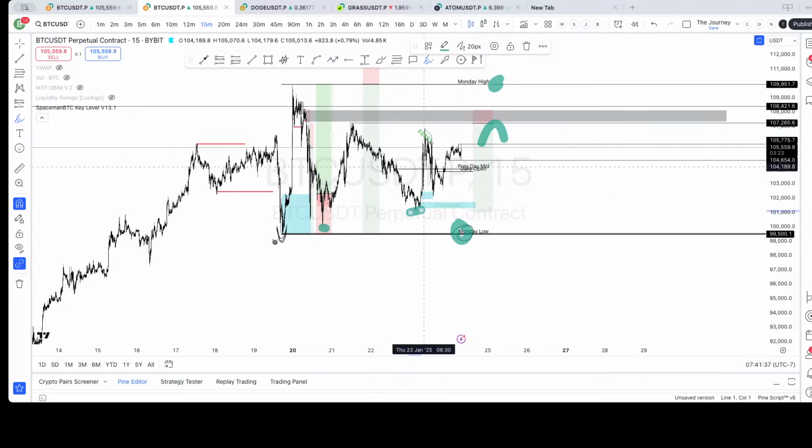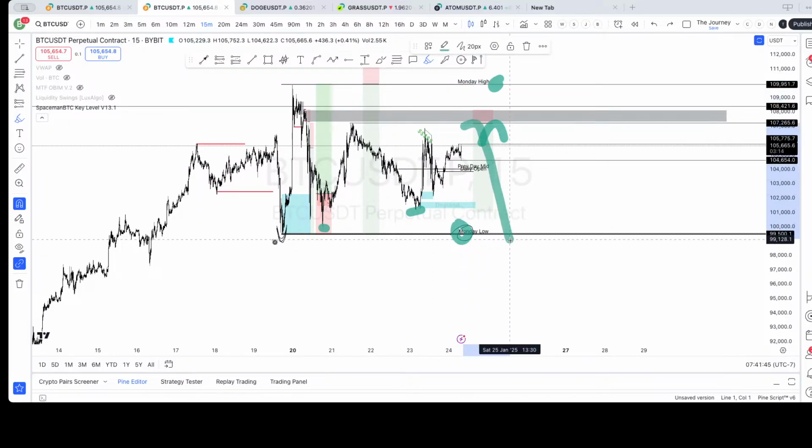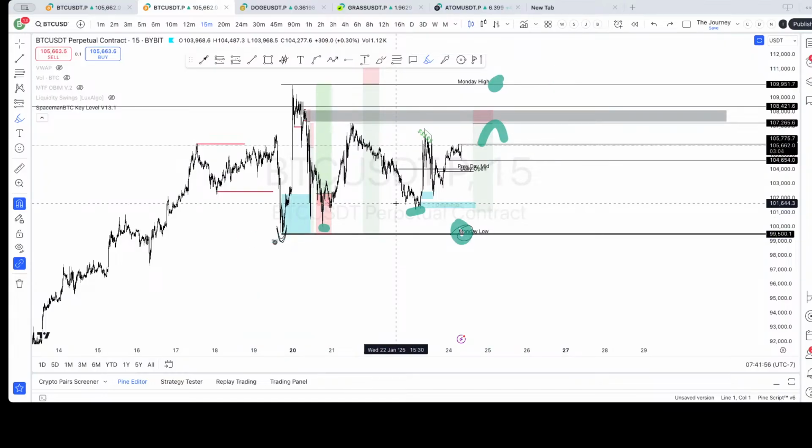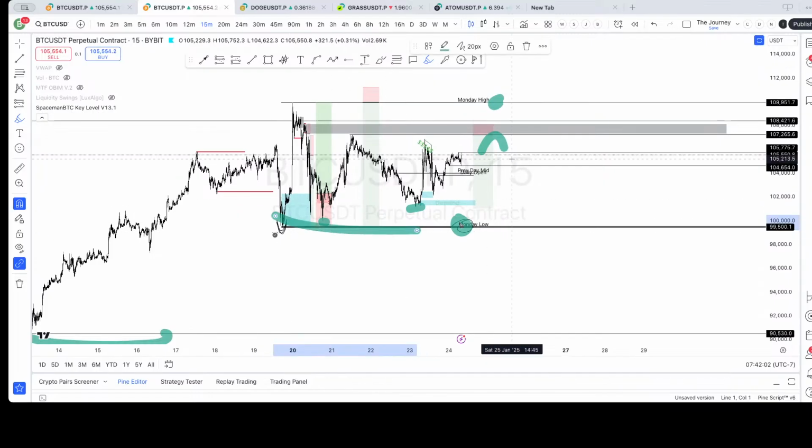Can we come from here and actually take out Monday's high, aka the all-time high? So here's one thing I'll say: taking out Monday's high, unless we're going to break it and leave this liquidity behind, would be the more bearish way for this range to resolve itself. I mean, if you smash through it, cool, whatever, fine. Leave all this liquidity behind. See if I care.